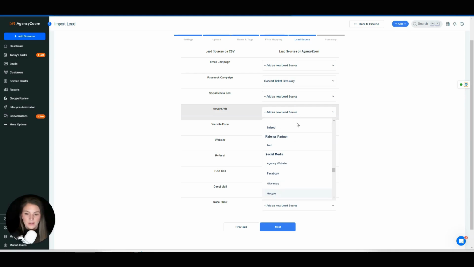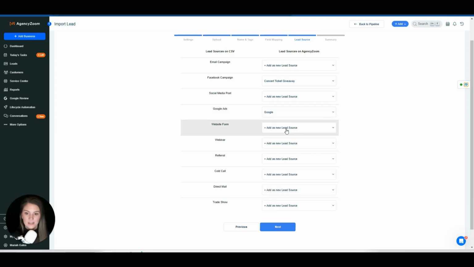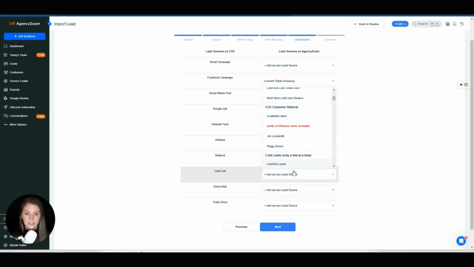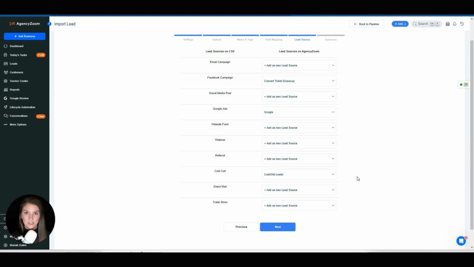Now I'm going to click the G on my keyboard, which actually makes it a lot easier to search through this list, and right here I could do C for cold. Now I will say I do not recommend uploading cold leads, meaning that they have no affiliation with your business, especially if you don't have opt-in. So just keep an eye on the types of leads you're entering into AgencyZoom. It really is meant for your warm lead pipeline from your marketing sources. We're going to click Next,